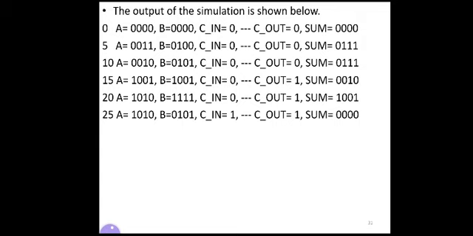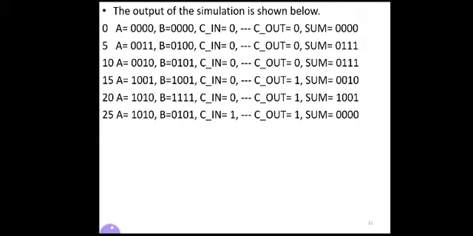So it is displayed in binary now. Observe here, because we have given %b in the monitor function. So binary value 0011 is nothing but 3, B is equal to 0100 is nothing but 4, Cin is the same, 0. So carry output is 0, sum output is 0111. 3 plus 4 is 7, 7 is nothing but 0111.